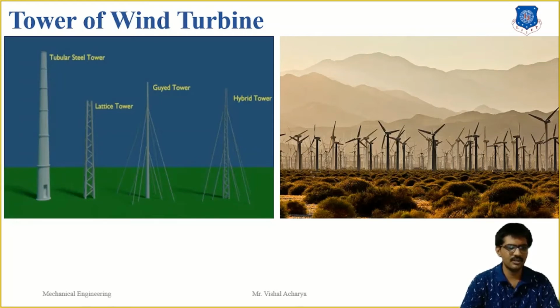There is another type of tower used for small power plants, and this is the hybrid type tower. Hybrid type towers are guyed type towers, but they differ in that instead of using a single pole in the middle, a thin and tall lattice type tower is used. A hybrid type tower is a hybrid of both the lattice type and guyed type tower. These are the basic towers we use for the construction of a windmill.